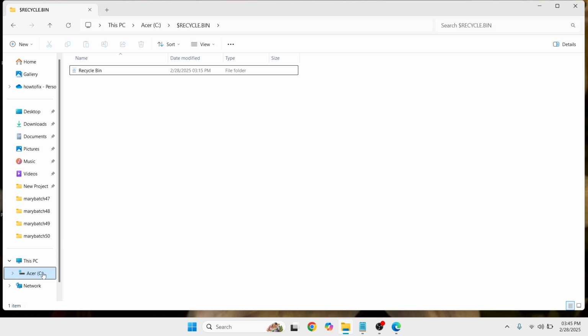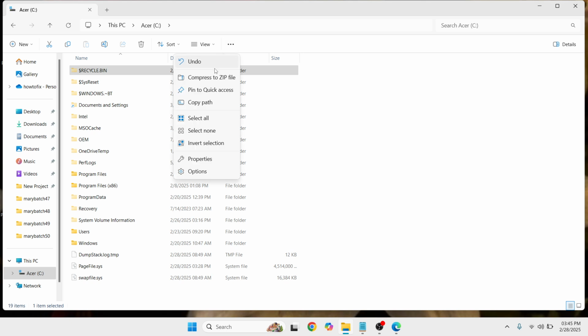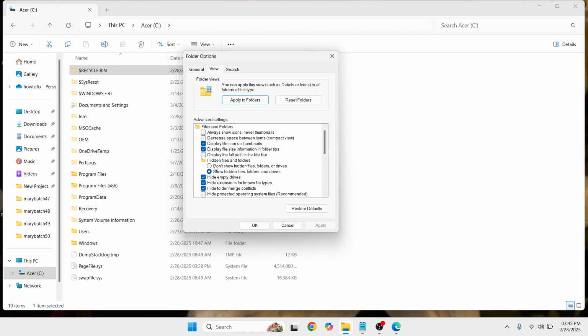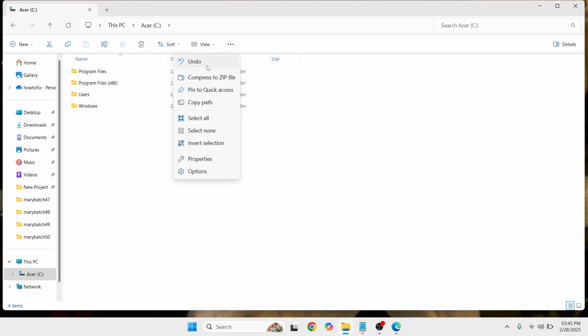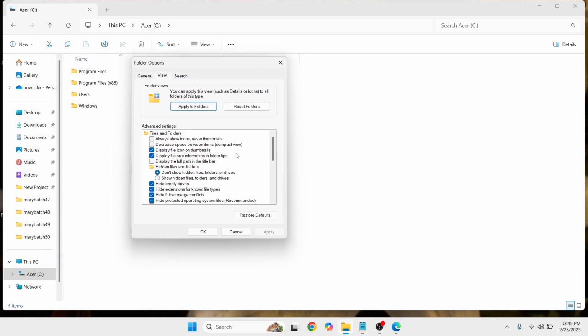Go back to your Local Disk, click the three dots, and go with Options, then go with View and change the hidden files and folders setting to Don't show hidden files. Click this box to check, and then Apply and then OK. Once done, go back again to the three dots. Let's follow the same process. Click on Options, go with View,